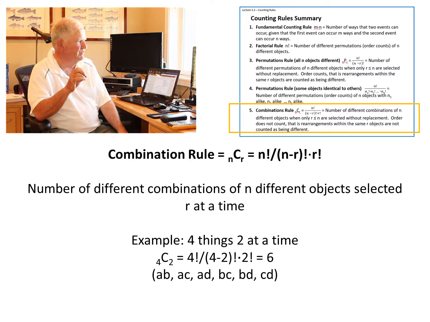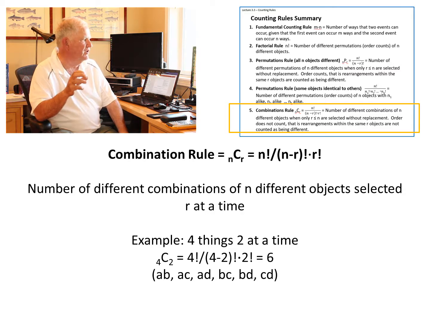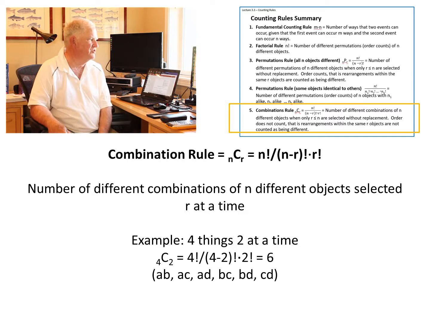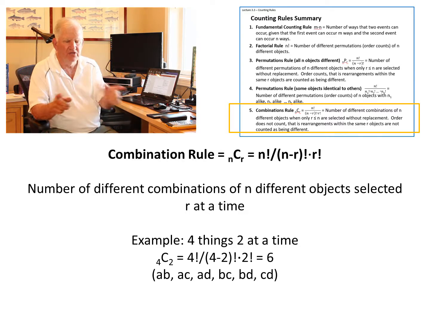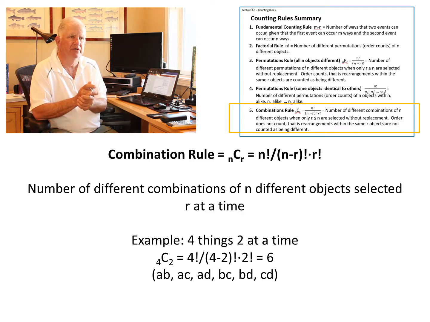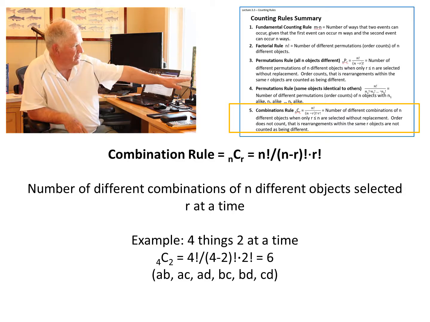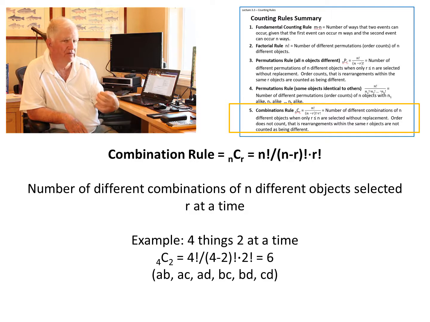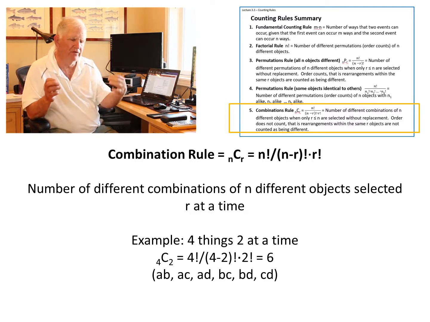So here's the last one. Combinations are a little different than permutations. They are the number of different combinations of indifferent objects selected R at a time. The rearrangements within a combination no one cares about. The way that you see it written is order is not important in combinations, whereas of course it's important in permutations. So if you just look at that formula, in things taken R at a time, you see it's the same thing as permutations, but it has an additional factor of R factorial,